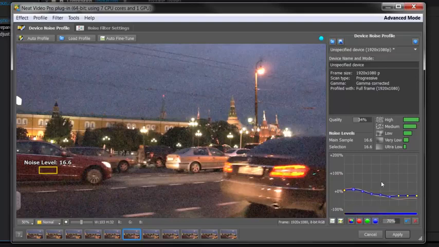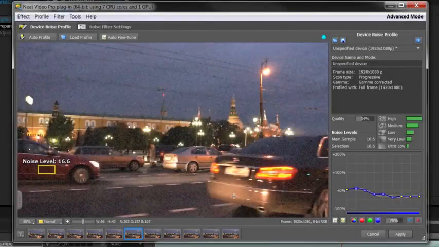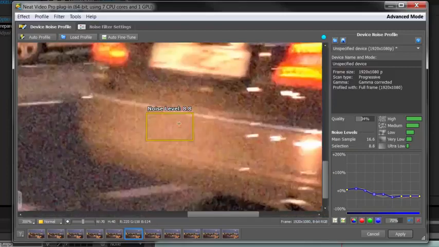So what we need to do now is find another selection in the brighter areas of our shot. It might be quite small, but it might have usable data that Neat Video can add to these nodes to complete the trend. And this is how you do it. For example, look at the bumper of this car. That's got no features, and yet if I click and drag in there, and I'm going to zoom in, and I'm going to move that around, so I've got a featureless area. I've got not a lot of noise in there, admittedly,